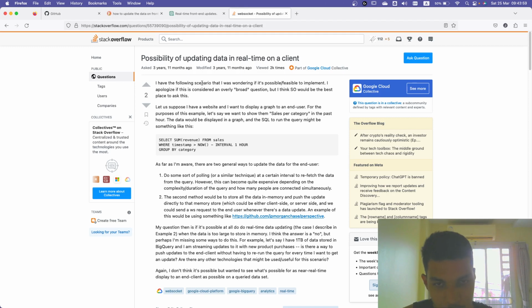The second way could be to store all data in memory and push the updates directly to the memory store, which could lead to. The second method is kind of, never mind. The second method would be store all the data in memory and push the updates directly to the memory store, which could be either client side or server side, and we could send a WS request to the end user whenever the data changes. An example of this could be something like